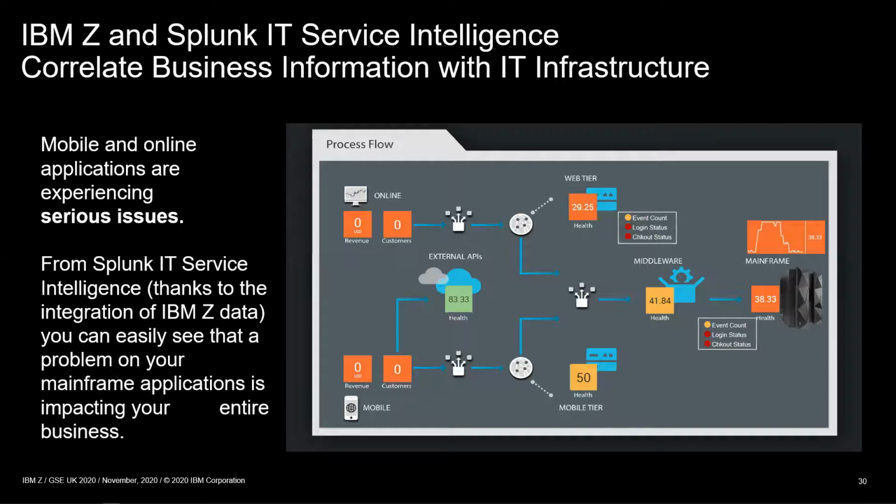And it's bringing a lot of different KPIs together. So if I was an application owner, I'd be very concerned seeing that I have no customers coming in through either of my tiers. It's not doing any kind of revenue generation for me. But I can look through the KPIs that have been defined for the infrastructure, and see that my API level is okay, my mobile tier and web tier aren't very healthy, all the way back down to where I might be seeing some processing on the mainframe that's